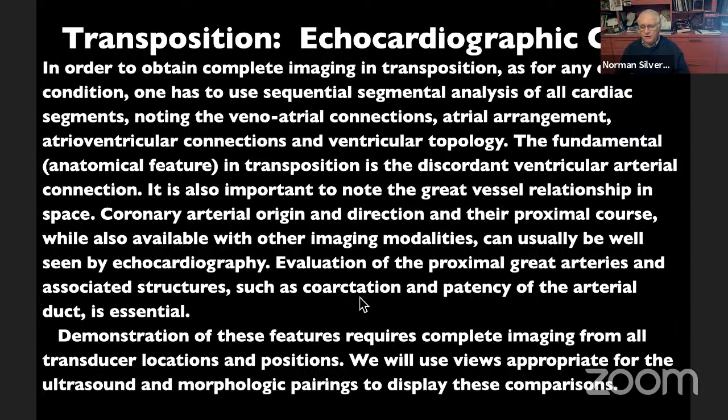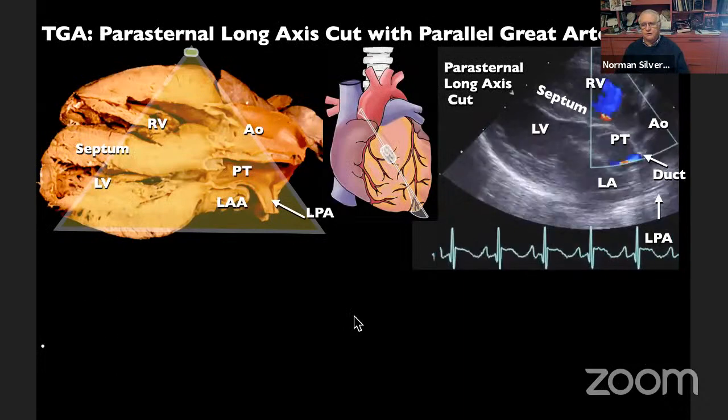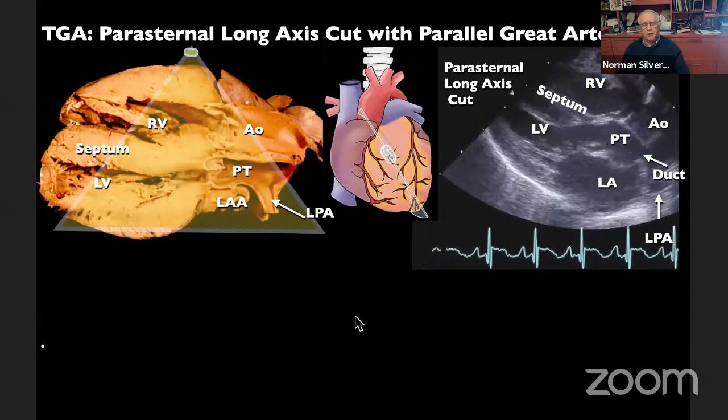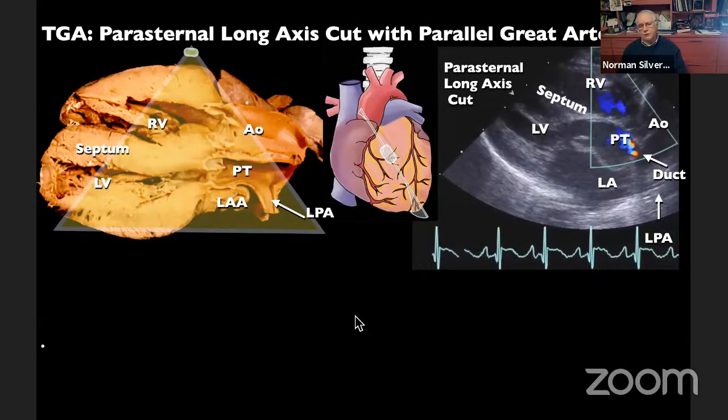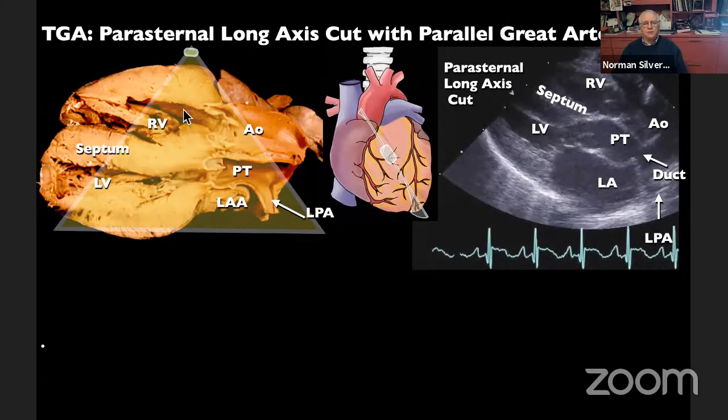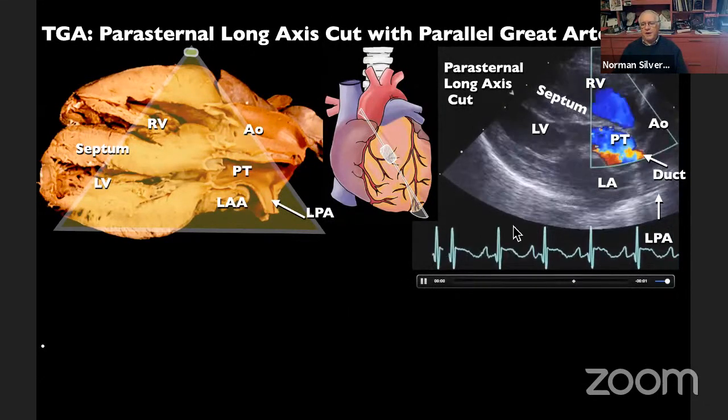And demonstration of these features requires complete imaging from all transducer locations and positions, and we will use the views that are appropriate for the ultrasound and morphological pairings to display these comparisons. So let's begin first with the parasternal long axis view. And this specimen has been rotated to compare to the